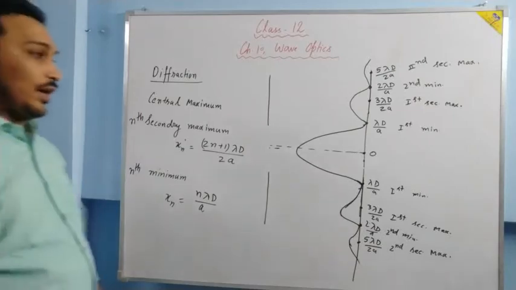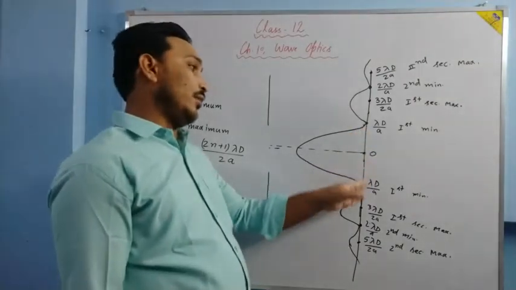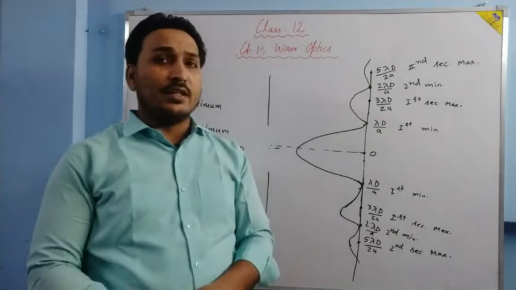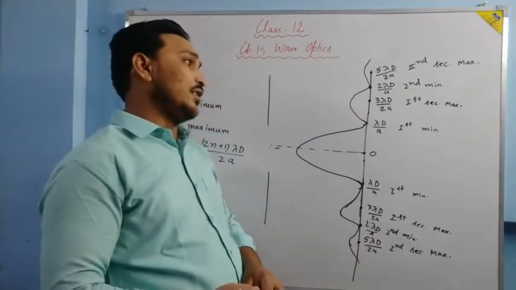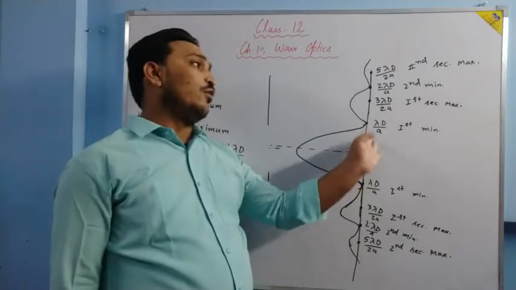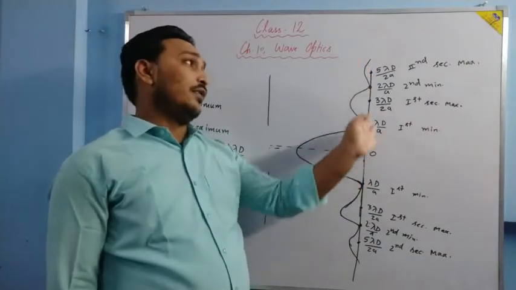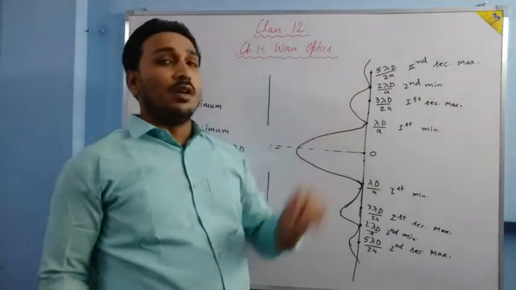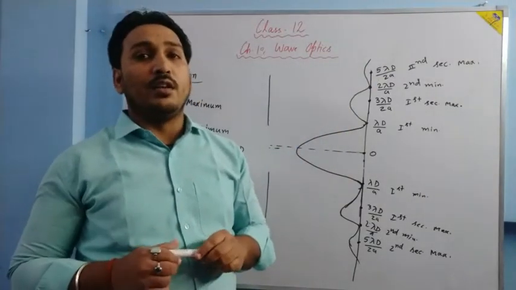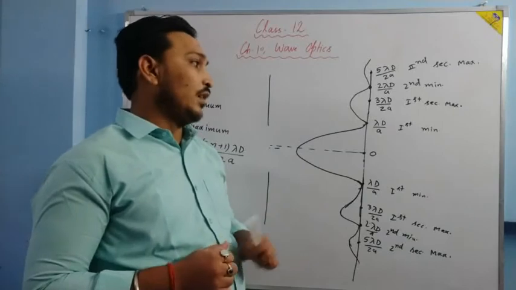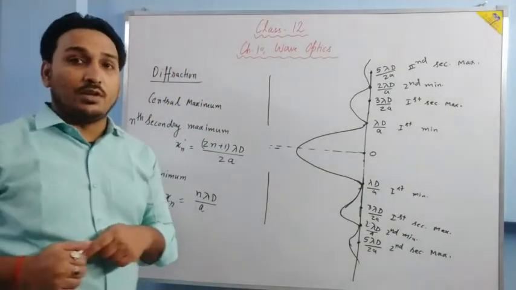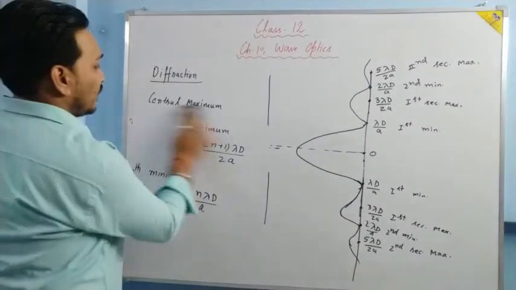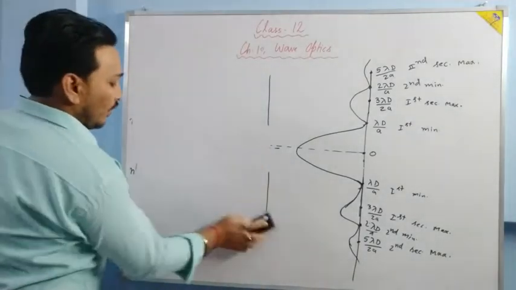So at the central maximum the intensity is maximum, but when we go sidewise the intensity decreases. Intensity decreases as we move from the center. And after a certain distance, the intensity becomes very small and it becomes perfectly dark. Is it clear? Let me draw the intensity distribution graph on the x-axis and y-axis so that we can understand.